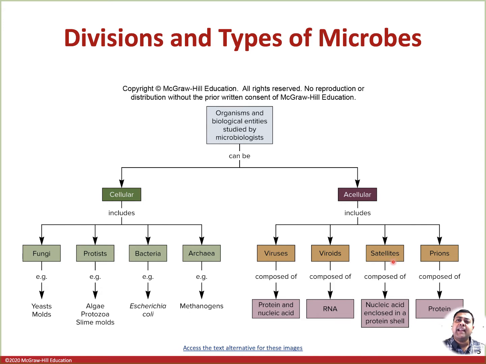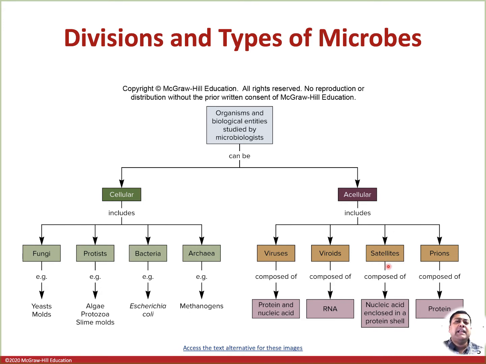On the other hand, satellites are nucleic acid encased in a protein coat. Why do we call them satellites and not viruses? You can see that they are also protein and nucleic acid. The satellites only replicate when a helper virus infects the same cell. Repeating, a cell infected with a virus can have some satellites. Now, not all viruses have satellites. A particular satellite requires a particular type of virus replicating in that cell.